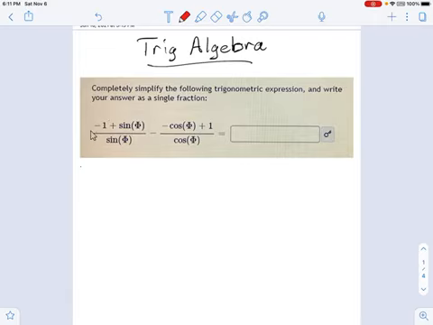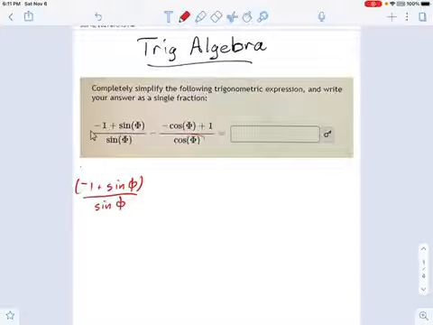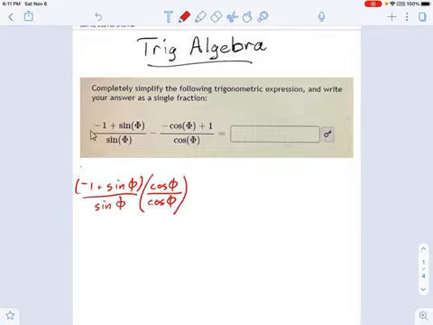I have this first fraction on the left, which I'm just going to write as it is, -1 plus sine phi, and that's divided by sine phi. And if you look at the other fraction, you see, hey, the one on the left is missing a cosine, so let's give it that. We're going to multiply it by cosine phi over cosine phi. And if you look at that, this is really just a fancy one. This is a crazy one right here. If you look at this fraction in particular, it's just something divided by itself. Okay, that's just 1. And now I have subtract negative cosine phi plus 1 divided by cosine phi.